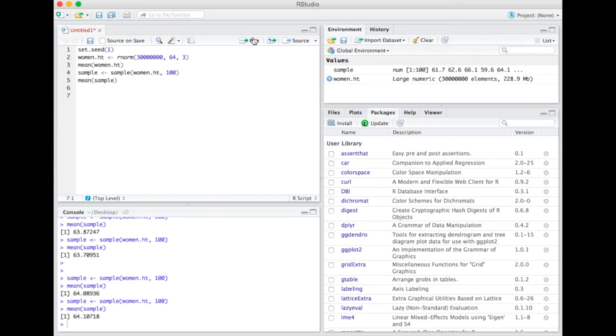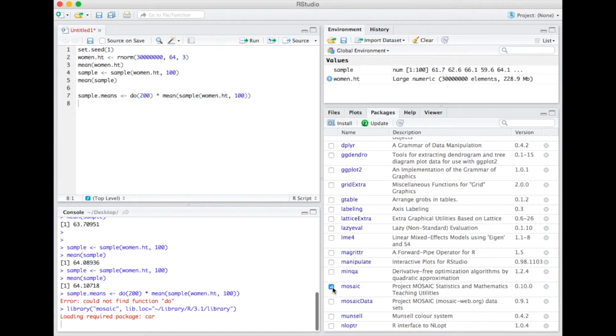So what if I want to look at a whole bunch of those means at once? I'm going to create this vector called sample means. I'm going to tell R that I want to do something 200 times, and this is going to take a mean of a sample from women's heights of size 100. So 200 times, we're going to take a sample from the women's height distribution. The sample is going to have 100 observations in it. I'm going to take the mean of that. This is just doing this procedure that I have been doing, except I'm going to do it 200 times, and I'm going to store all of them in this object called sample means.